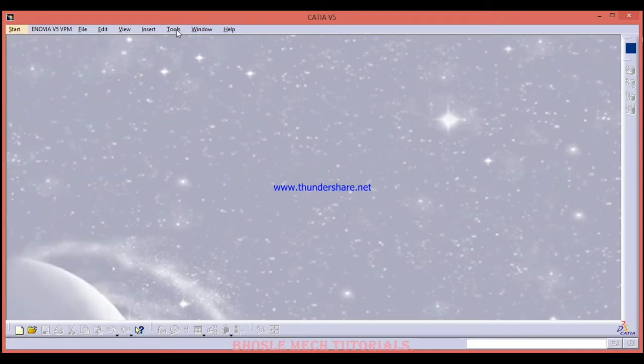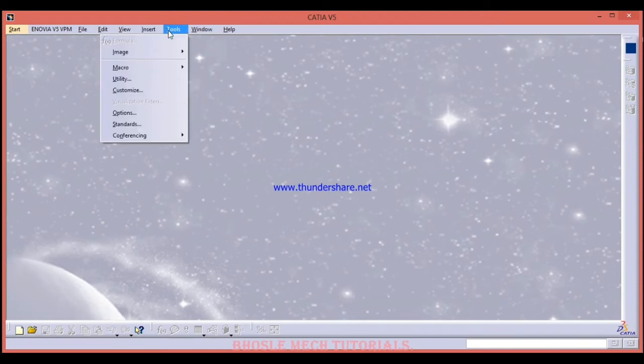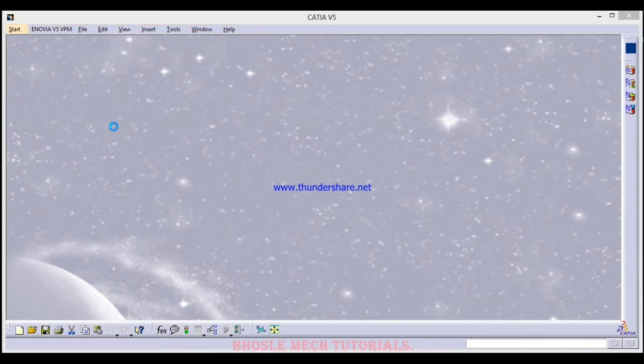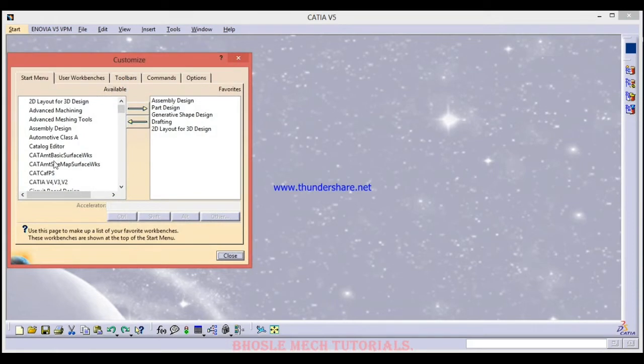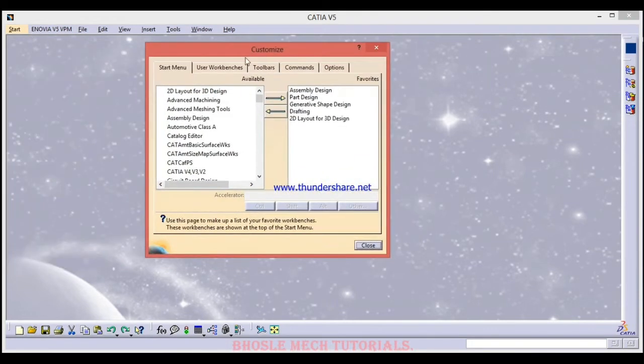See friends, here is a tools in the taskbar. In that, go for customization. In this window you can see the different workbenches, and these are my favorite workbenches. If I want to add this automotive class A as my favorite workbench, just click on that and click on this arrow.